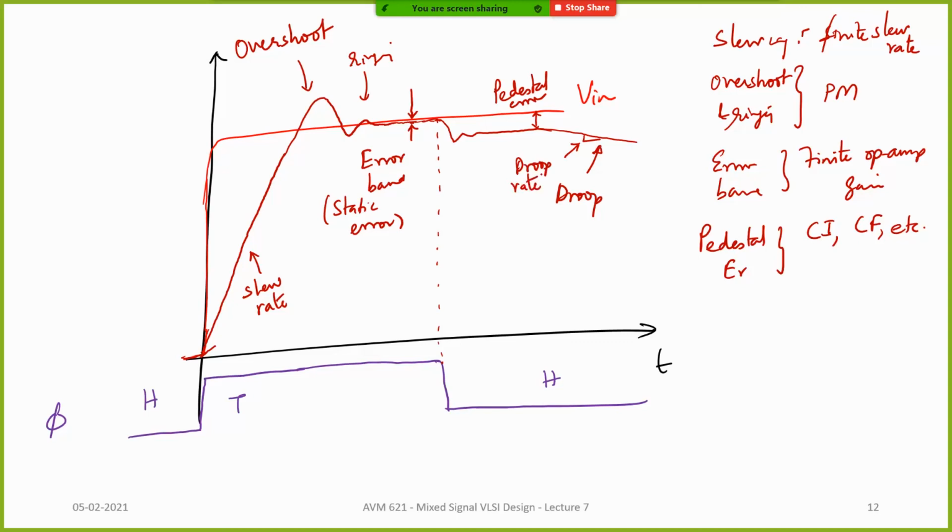Okay, now why is there droop? If you look at a MOSFET, right? Let's say this is at 0 volt, right? And you're expected to hold this value, right? But then between the drain and bulk, you have reverse bias diodes, correct? So this is an NMOS transistor. So this is the N type drain, and this is the bulk, which is P type, right? So you have a reverse biased junction diode.